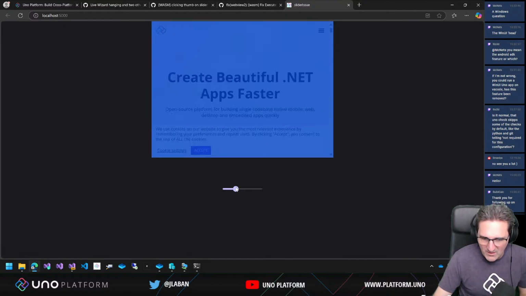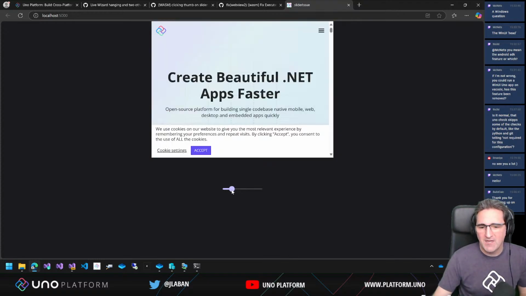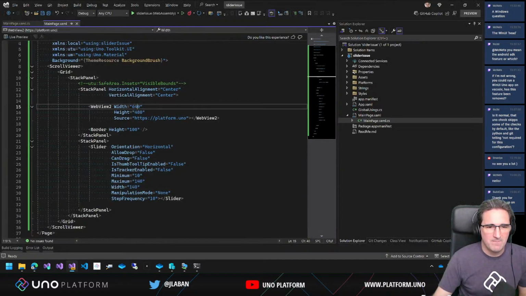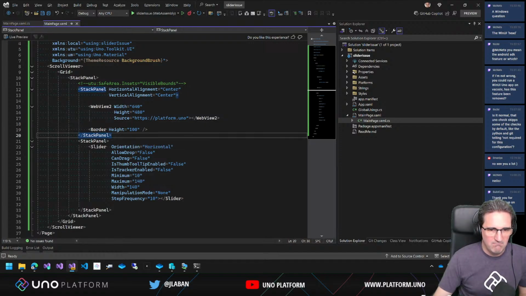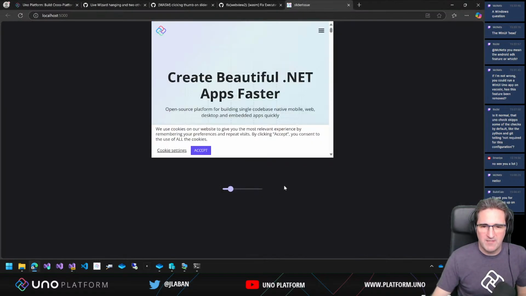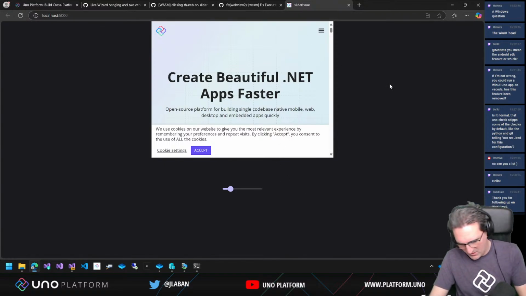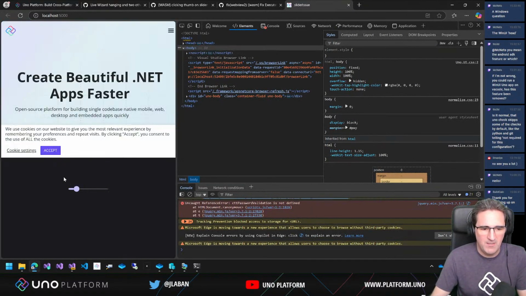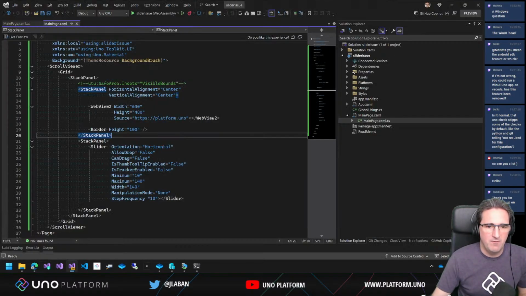Okay, so it happens when the pointer gets into the circle of the slider. That is very interesting. So it doesn't happen above, it happens below. I'm not too sure what happens there. So I know that we have inside of Uno modification styles that prevent the selection from happening. So let's say if you put a text block